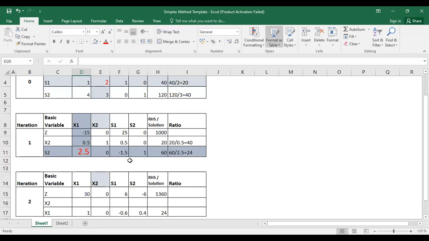You pick the current values, and then you subtract the product of the corresponding pivot column value. So for instance, if you take this current value,